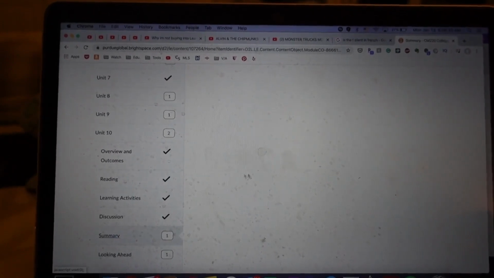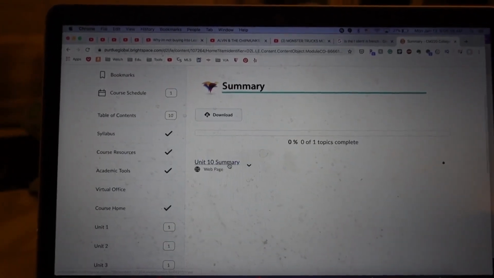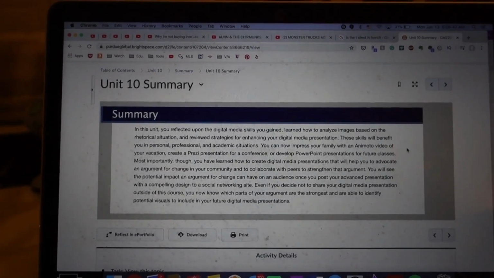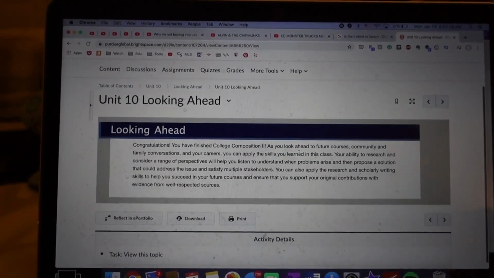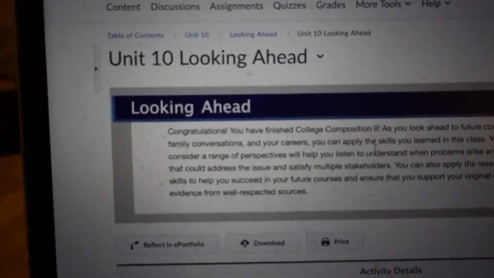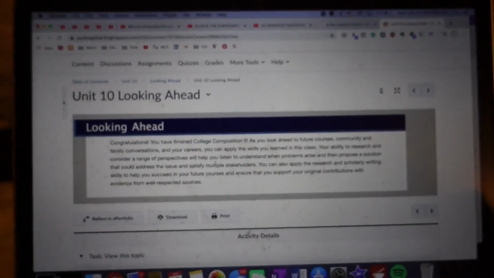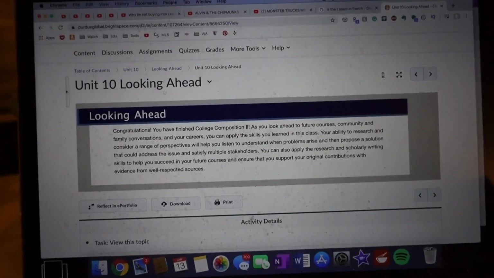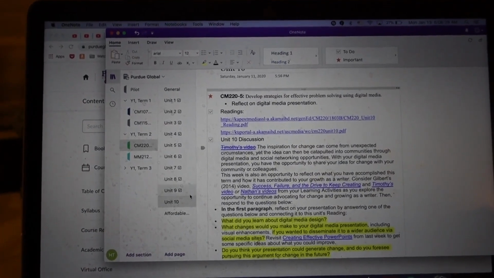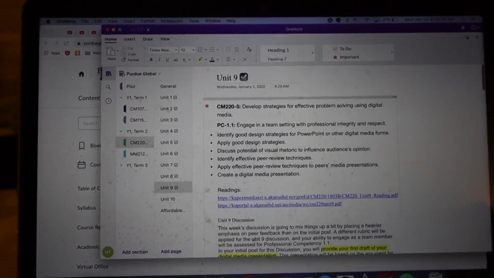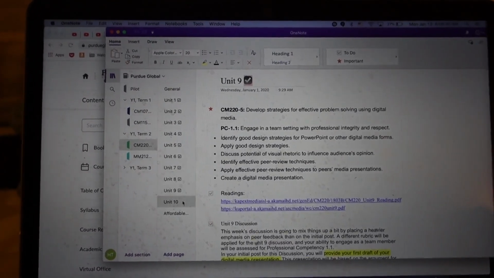So, okay, my last one. Summary. Okay, last one. Okay, look at that. Congratulations, you have finished College Composition 2. I'm going to check out this, copy and paste the emoji,